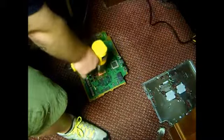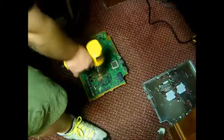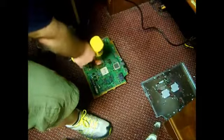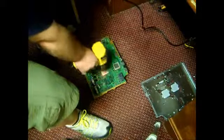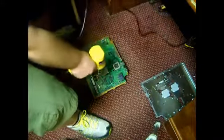And once I've done that, then I'll just kind of go around in a circle motion. Circle motion, back and forth. And I'll concentrate on this area for 3 minutes. Now that we've successfully reflowed these 2 chips for 3 minutes, back and forth on each chip,